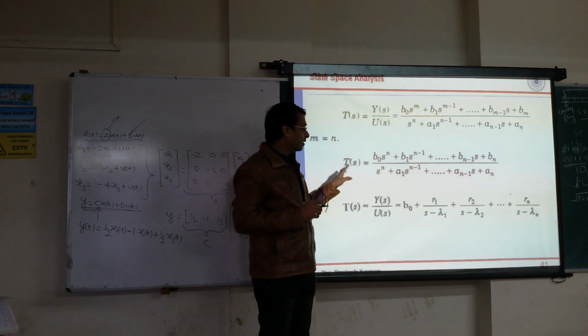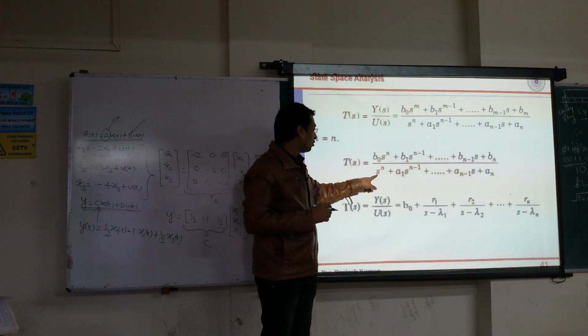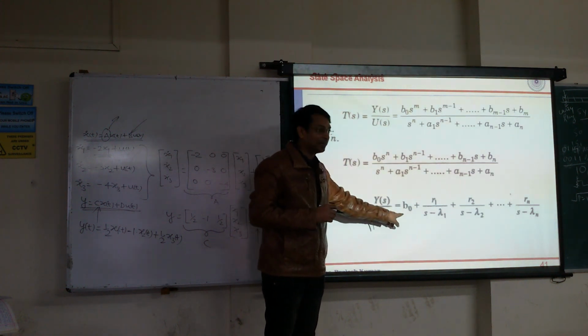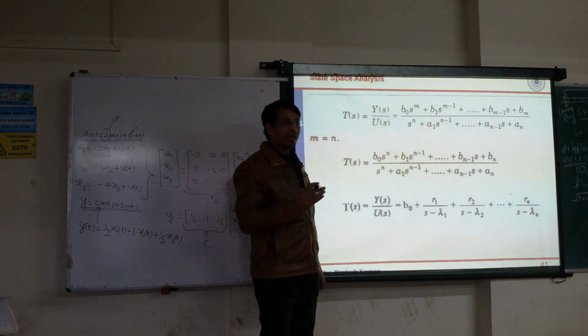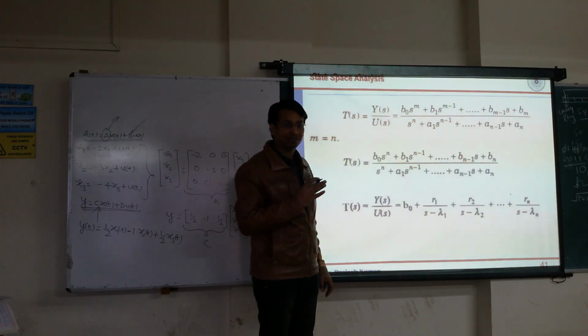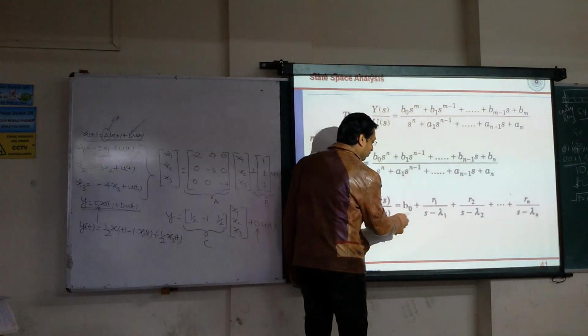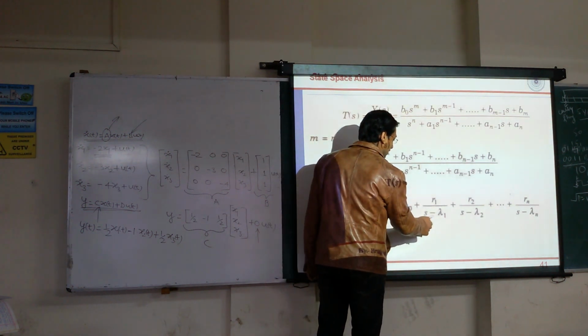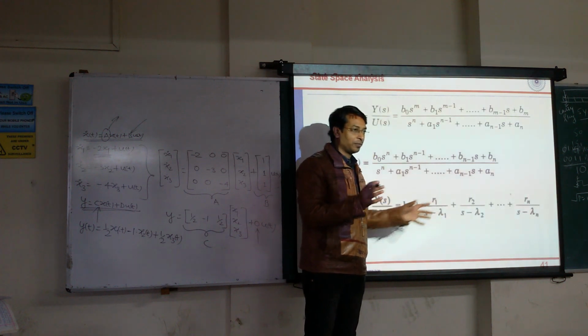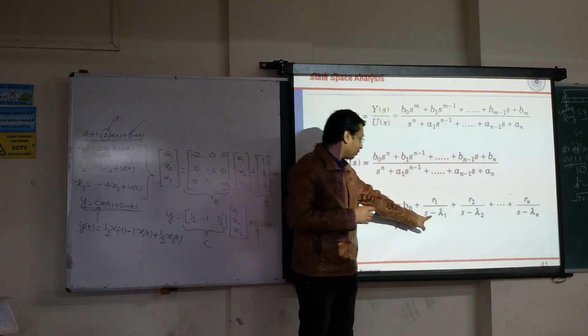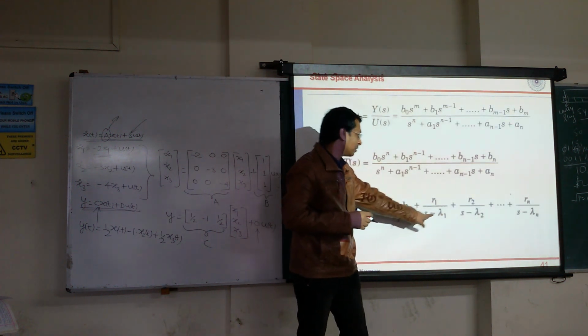So first you have to divide such that the power of numerator starts from n minus 1. If you divide the numerator by denominator, you will get d naught outside, and whatever you have is d naught plus something. And we are going to perform the partial fraction of that something. So you will get somewhat like d naught plus r1 upon s minus lambda 1, because I have said we are going to work on the negative sign convention.